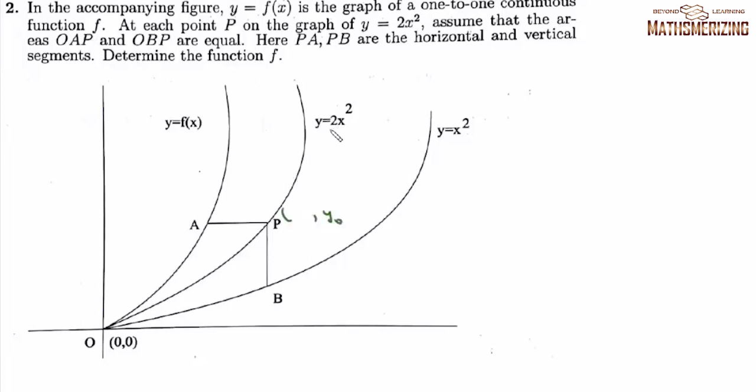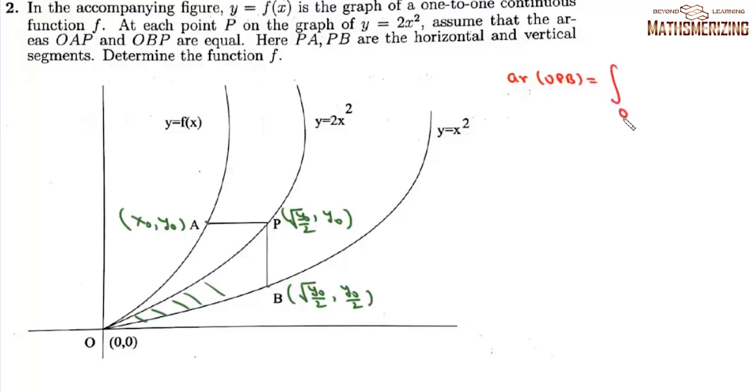Now suppose this point is y0, and here x will be square root of y0 by 2. Then this point A will be some x0 and y0, and here this point B will be square root of y0 by 2 comma y0 by 2. Now first we'll calculate this area of OPB. Now area of OPB will be simply this integral from 0 to square root of y0 by 2, and then upper curve minus lower